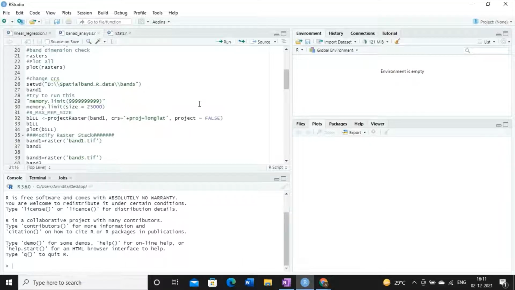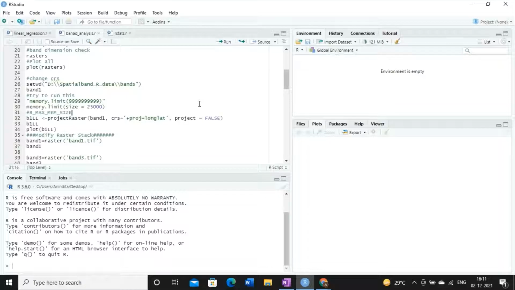Whenever I execute this code, it needs some memory. Why am I concerned about memory? Try to understand: here we are dealing with raster, and the size of the raster bands is huge. So what happens if you are not concerned about the memory of the system? Then there will be a problem. Now you can ask me one question: ma'am, you have one memory requirement, you have some memory in your machine, and I have some memory in my machine, and they cannot be the same.